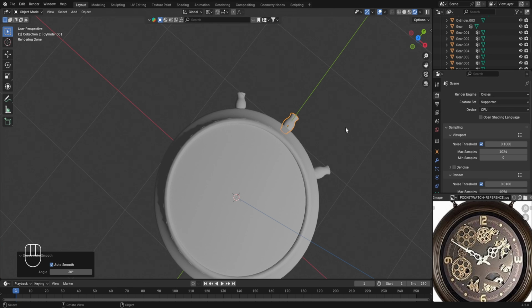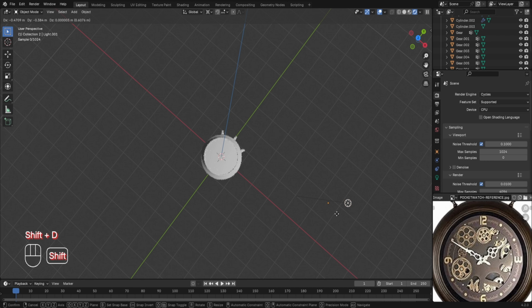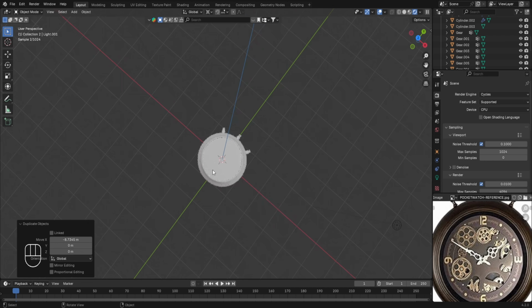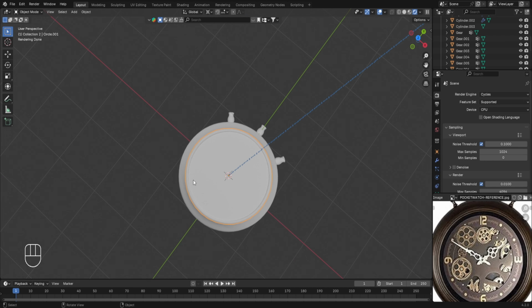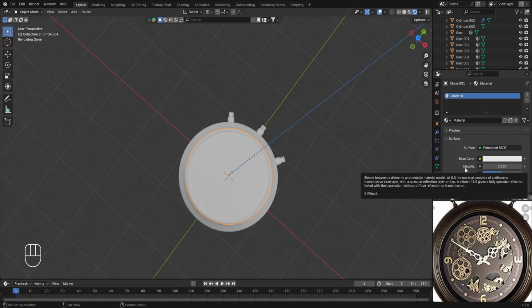Then for a basic lighting, I will select this default light which is placed over here, press Shift plus D to create a duplicate, and we'll move it in the X axis. Now I'll select the circle that we added as the cover of the pocket watch, and to create the glass material, we need to open the material properties which can be accessed by clicking on this icon. Now to create a new material, click on the new button,